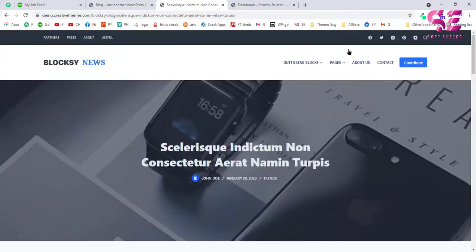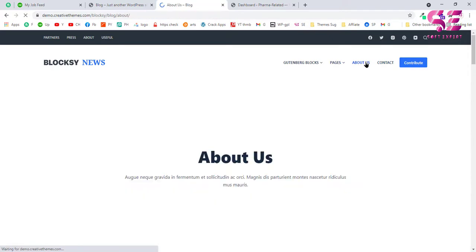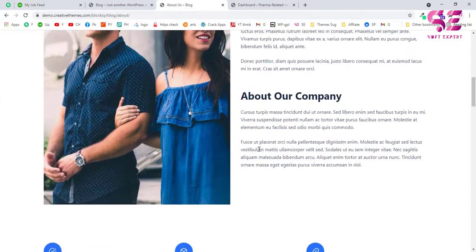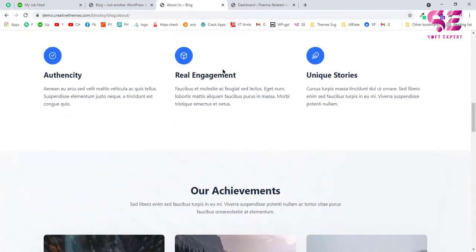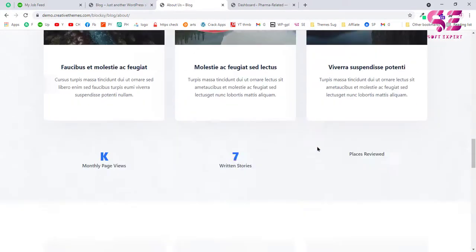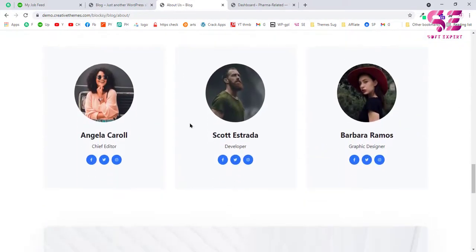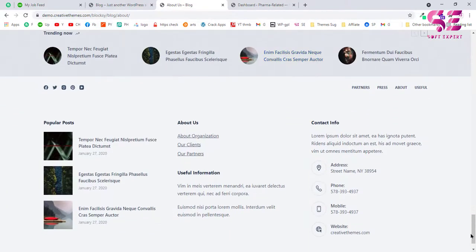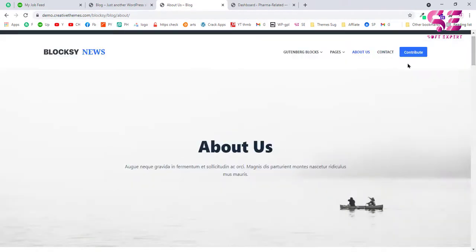Now you can also add multiple pages like about, contact, and so on. And we will also see how we can add privacy policy, terms and conditions pages. So this is the about me page, and if I scroll down, we have an image and we have these icons, the counters, and so on. This is the theme, and this is a really cool theme which provides us everything for free.